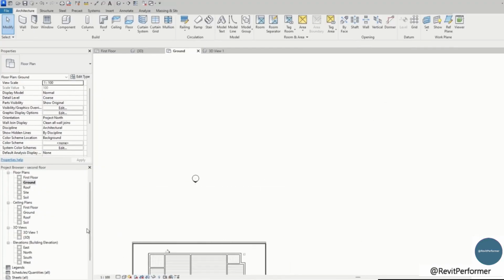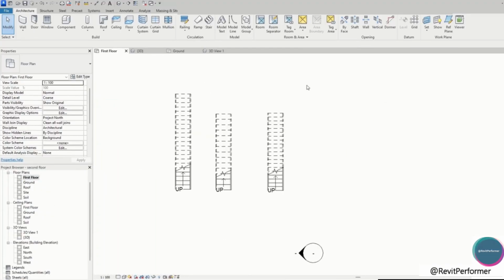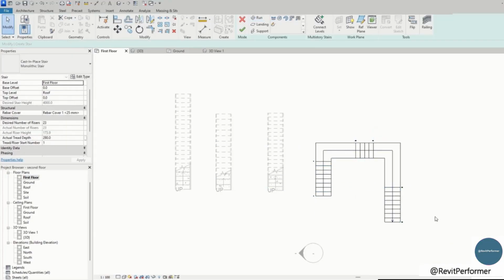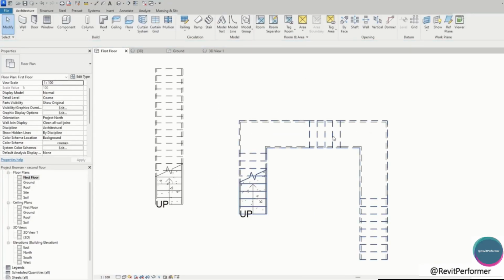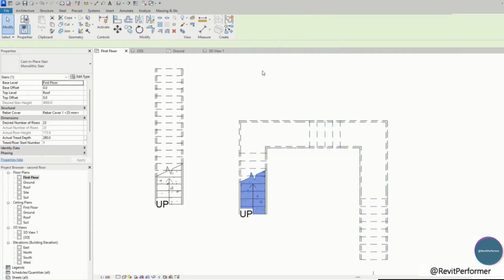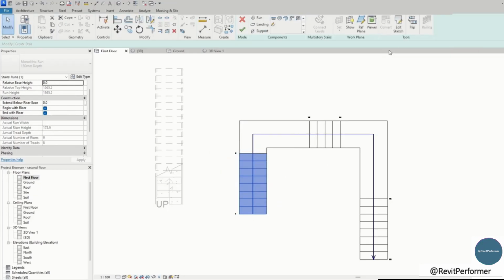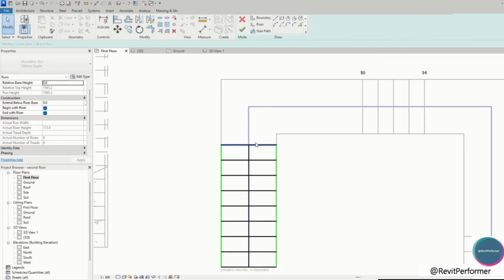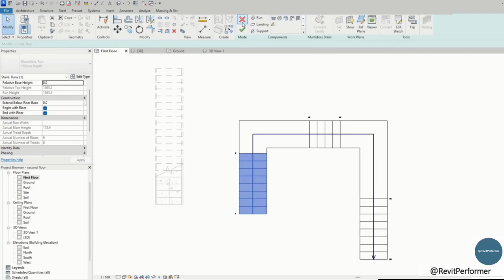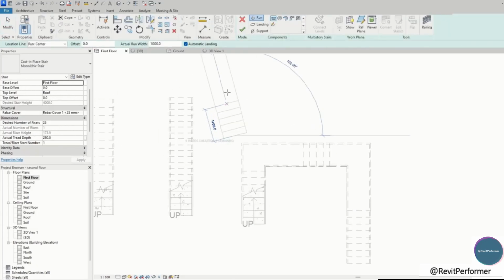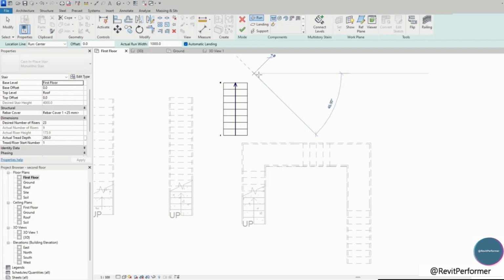Basically, you can draw stairs in different ways. Like if I wanted a stair like this, I would click OK. But if I want to edit it, I will go to Edit Stairs. Okay, so I can simply click Convert. And now I can add this sketch. You can do that as well. For example, we have something like this.